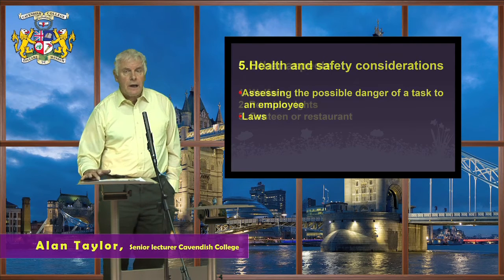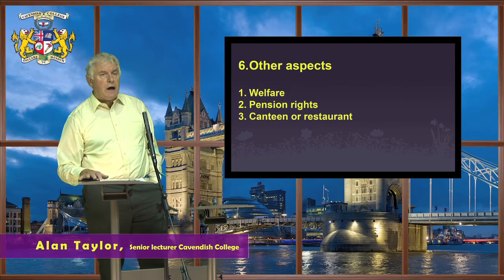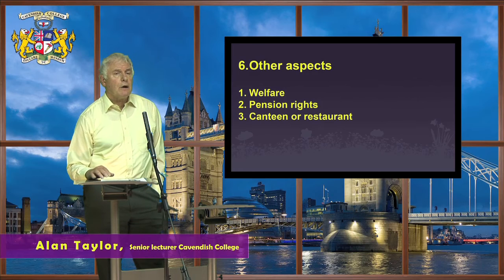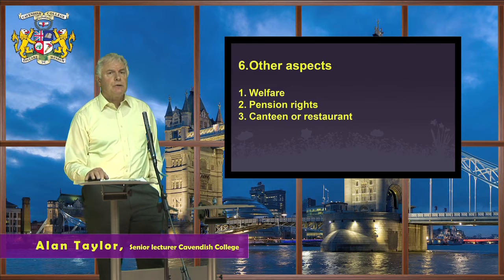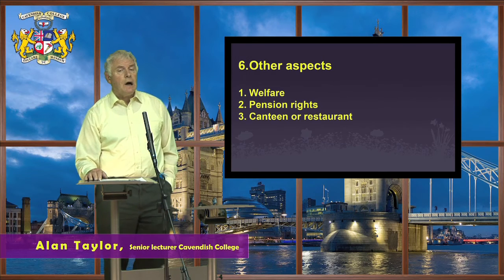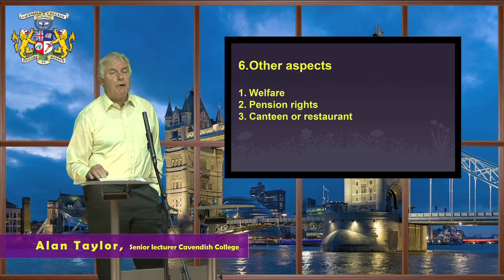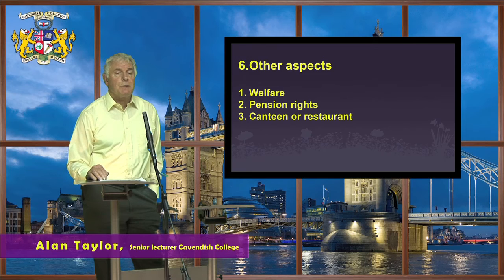The sixth and final area is very broad here. It involves other aspects that people working within the human resources area of a company need to consider. The ones I listed in particular are welfare in general. Many companies do look after their employees and they arrange for them to be able to join a sports club. They may even play for the company football team or squash team or something like that. So out of work activities that can help build morale, motivation amongst employees.